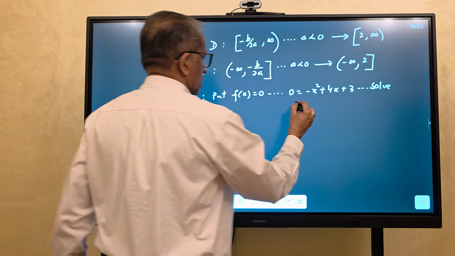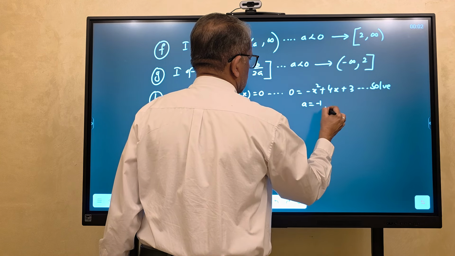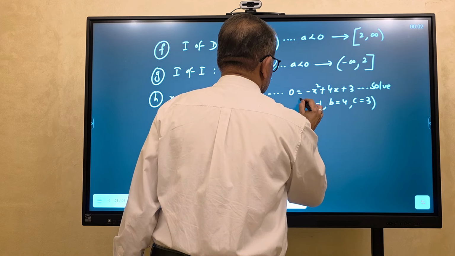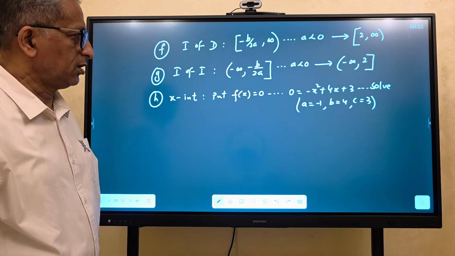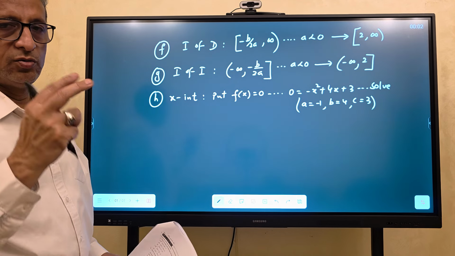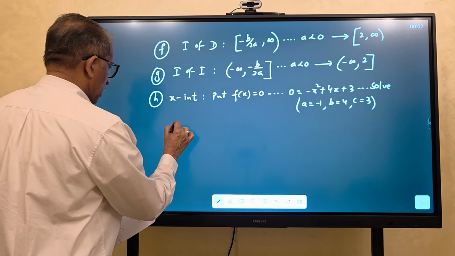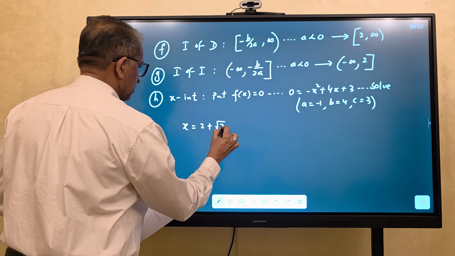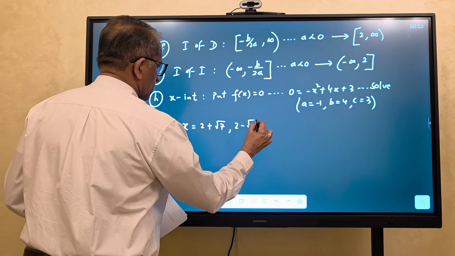So what is ABC? A is minus 1, B is 4, C is 3. Use this in the calculator and you will get two answers here. The answers are 2 plus root 7 and 2 minus root 7,